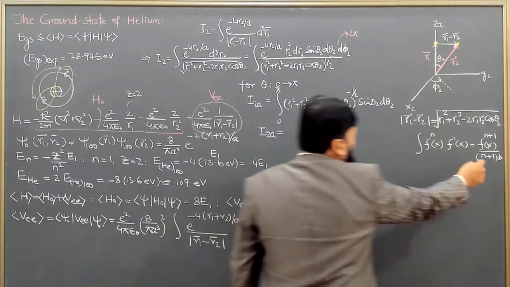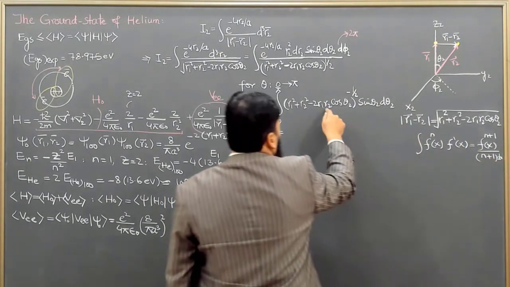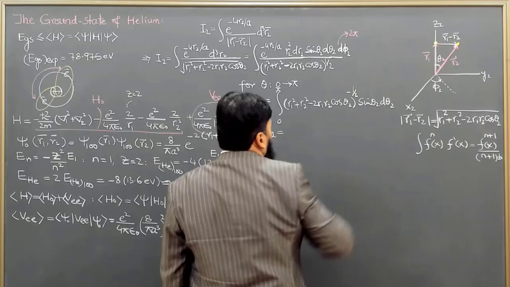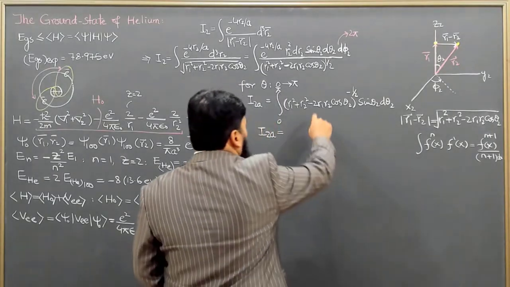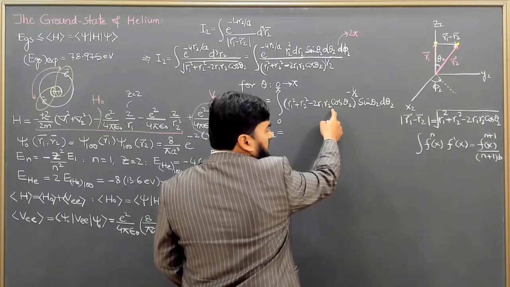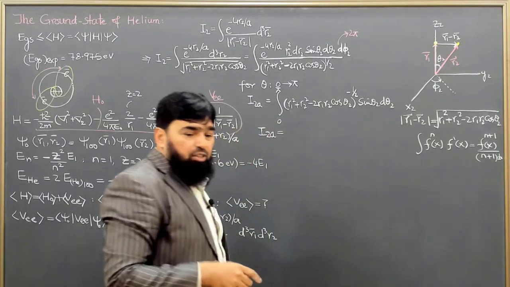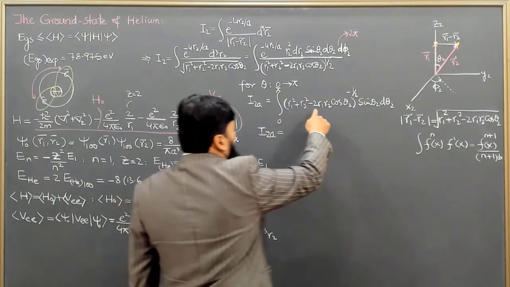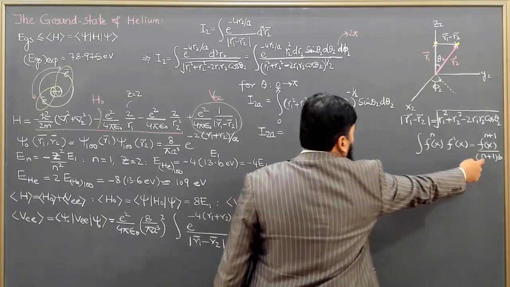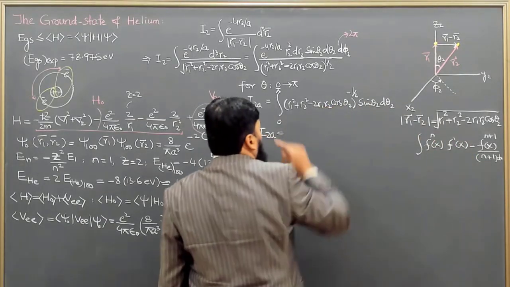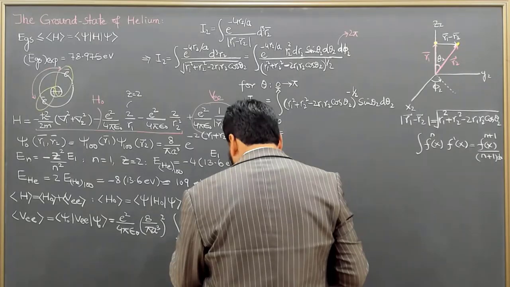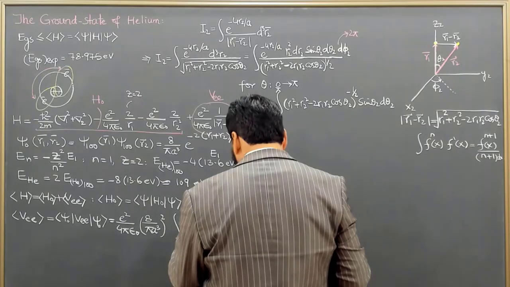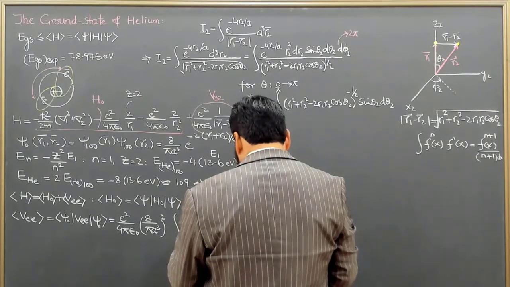Then we will have to differentiate this as well with respect to theta, and then what you will get is minus 2 r1 r2. That 1 over 2 will cancel with the 2, because from here the power we would have got 1 over 2, and then 2 will come from here, so we will get only r1 and r2. And I am writing that over here, that this will come out to be